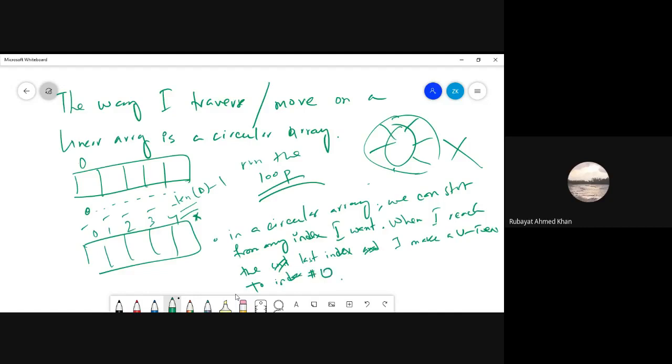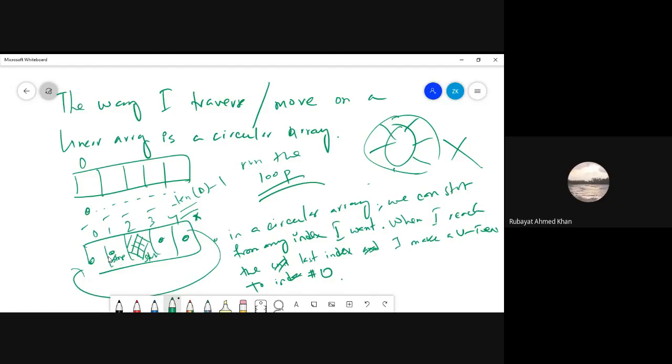তার মানে হলো, for example, I start from index number 2 and I move forward. প্রথমে I'm at index number 2, then at 3, then at 4. 4 is the last index of the array, and when I reach the last index of the array, I make a U-turn to index number 0. Okay, এখান থেকে আমি ঘুরে আসবো, এই ঘোরাটাকে বলি সার্কুলার অ্যারে। তারপর এটাকে গুনবো, তারপর আমি আবার এটাকে আবার গুনবো না, বিকজ দিস ইজ অলরেডি কাউন্টেড। ঠিক আছে, আই স্টপ হিয়ার, আই স্টার্ট হিয়ার, আই স্টপ হিয়ার।